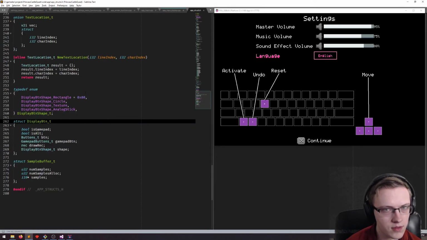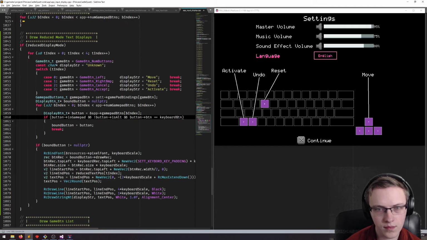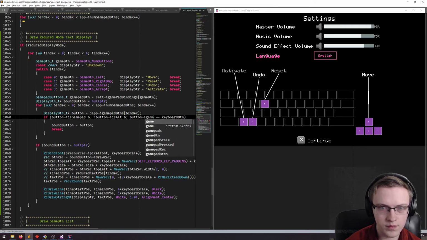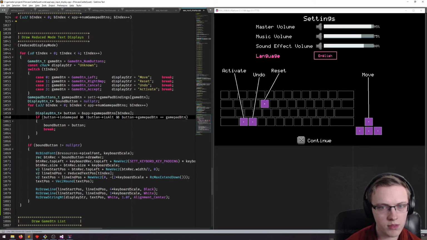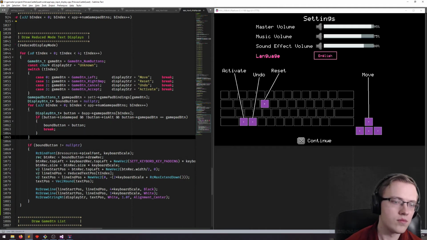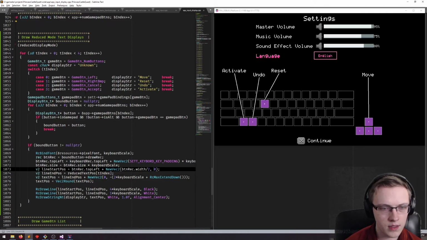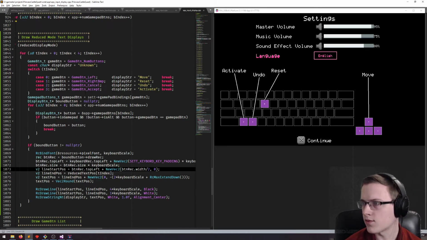It's going to be if the gamepad btn equals the gamepad btn. Button equals button. And then this, instead of drawing from the top left of the button,